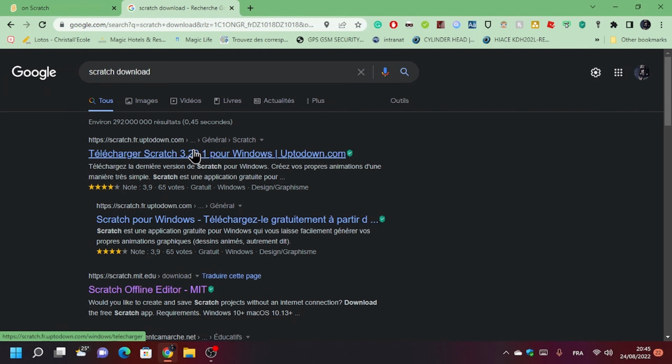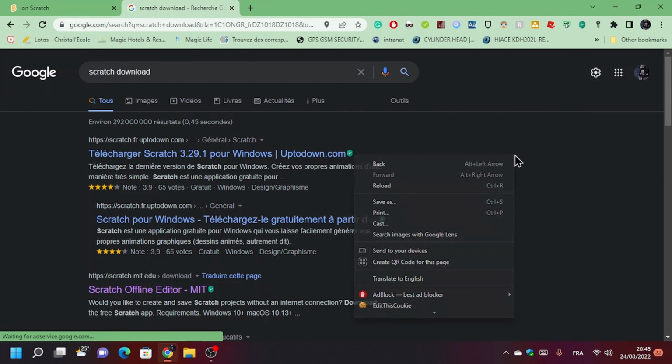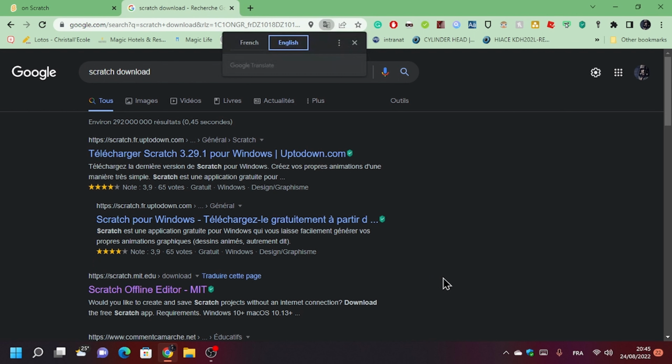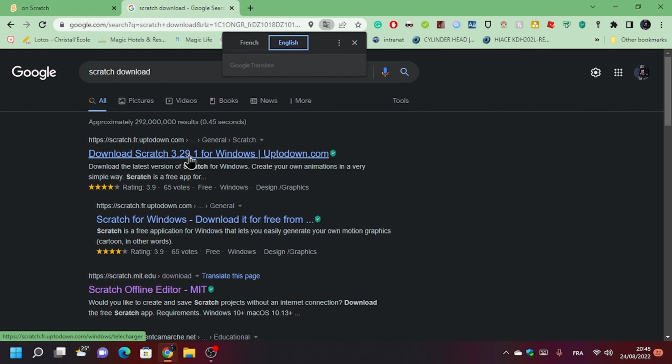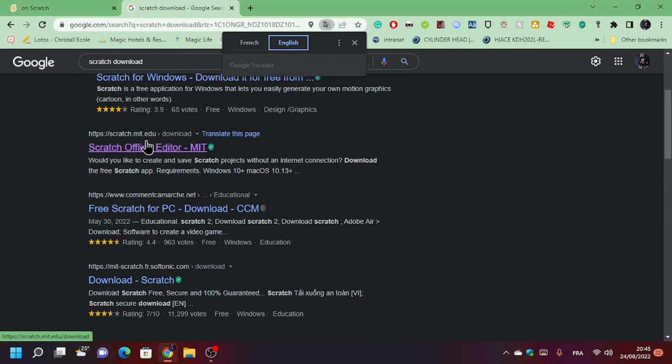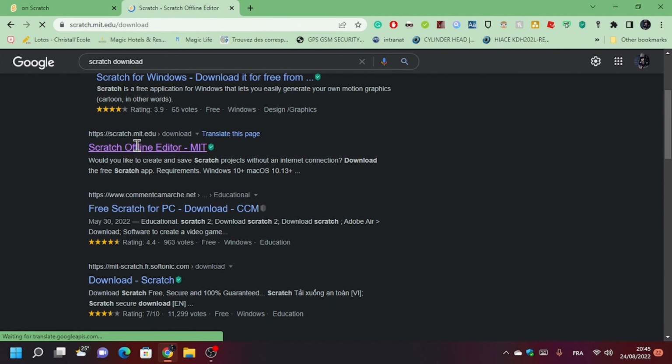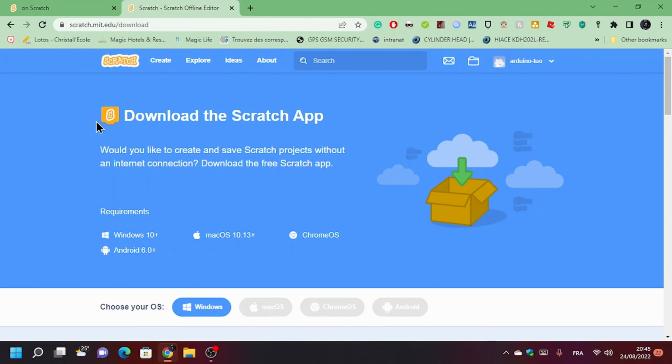Once you click on scratch download, okay, it's in French, but I'm going to translate to English. So when you type scratch download, go to the first link, which I don't recommend you to do, but go here, Scratch Offline Editor, MIT. Once you get here, you have Scratch, Create, Explore, all of this, and you have your account here. But what's interesting here, you can download this,